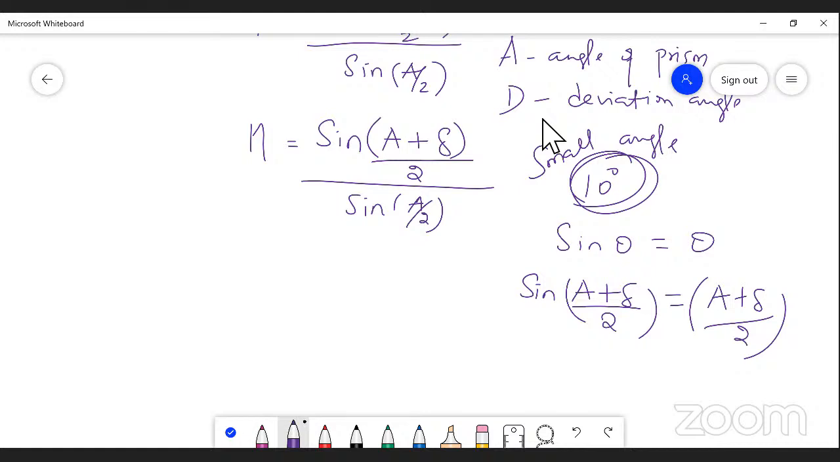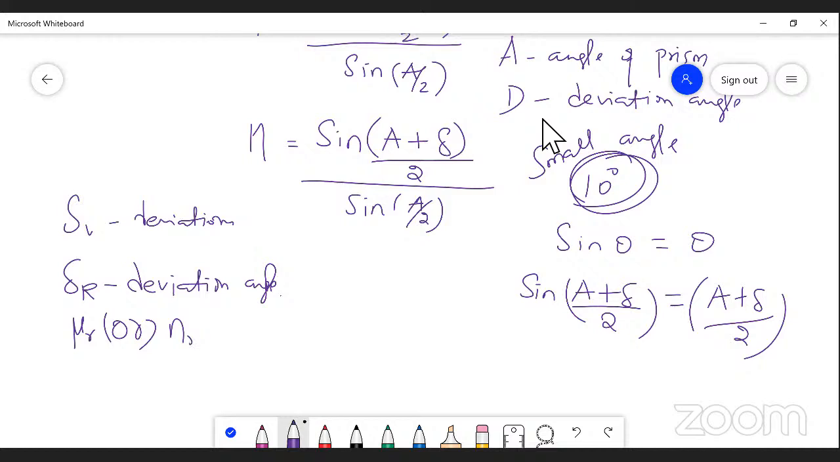Just take the two extreme colors. del V is the deviation angle of the violet color, and del R is the deviation angle of the red color. And mu R, or n R, is the refractive index of red color, and mu V, or n V,